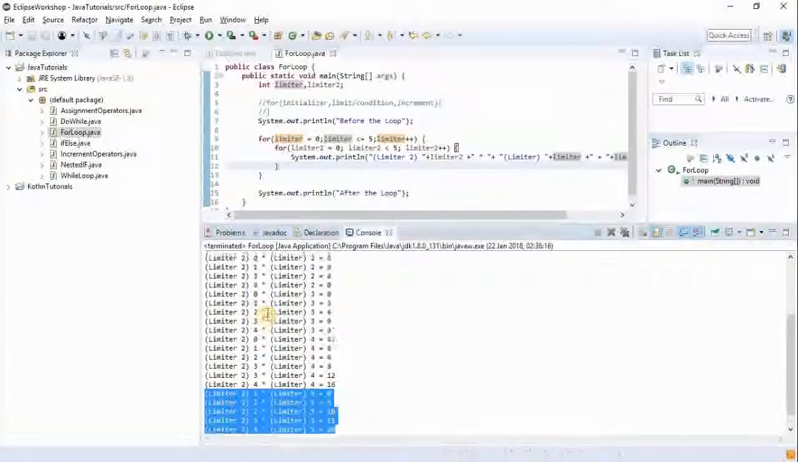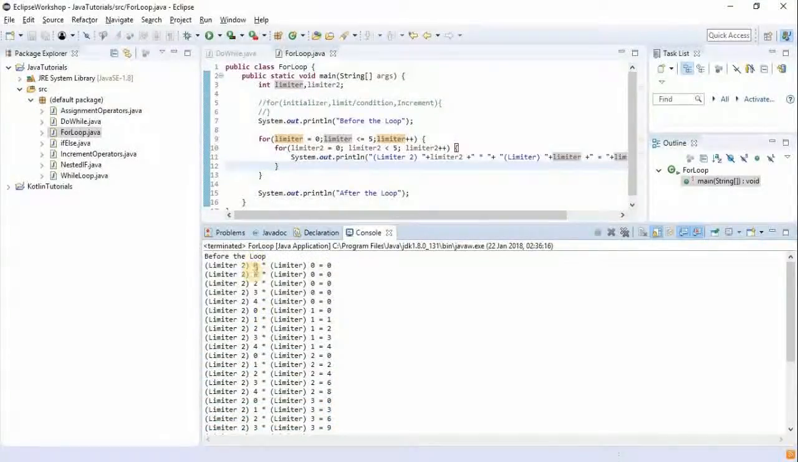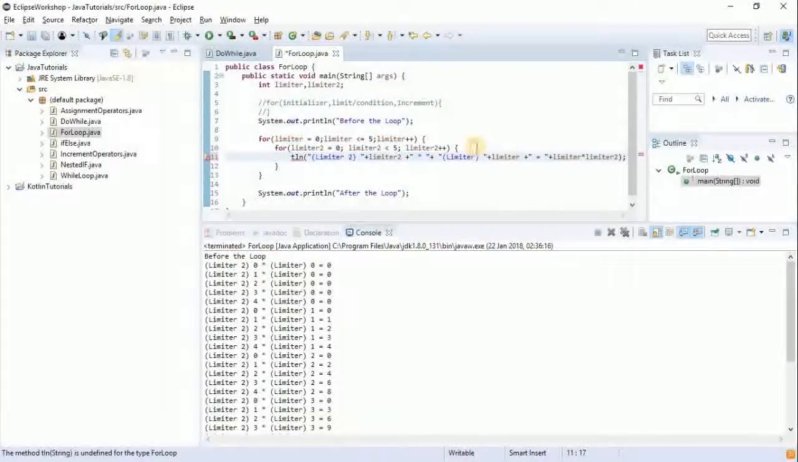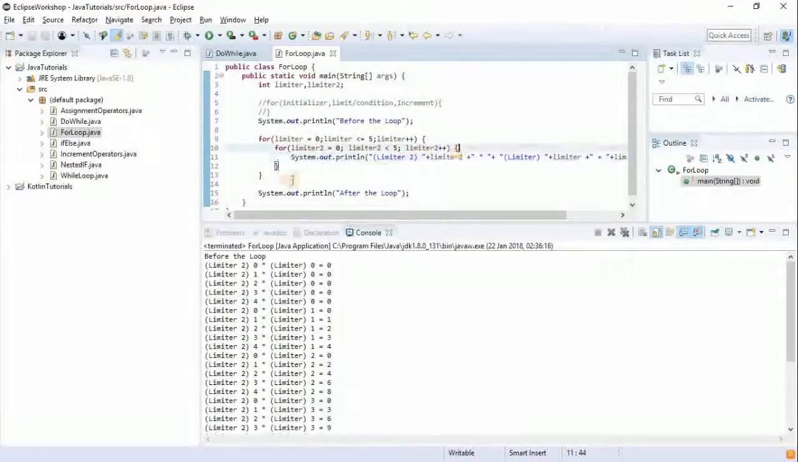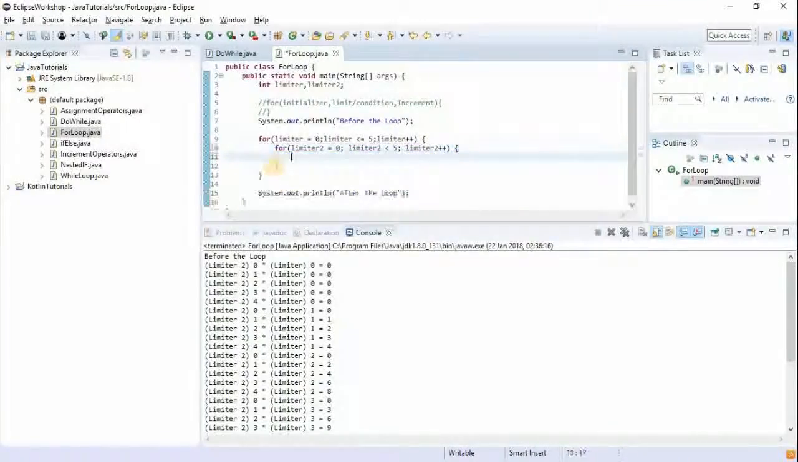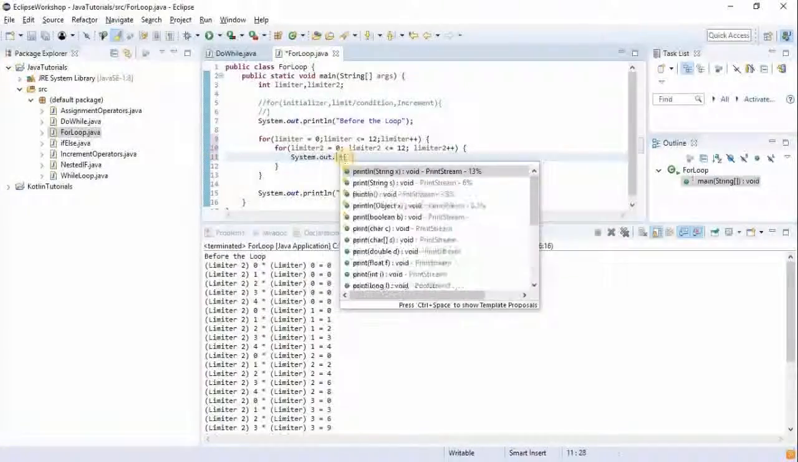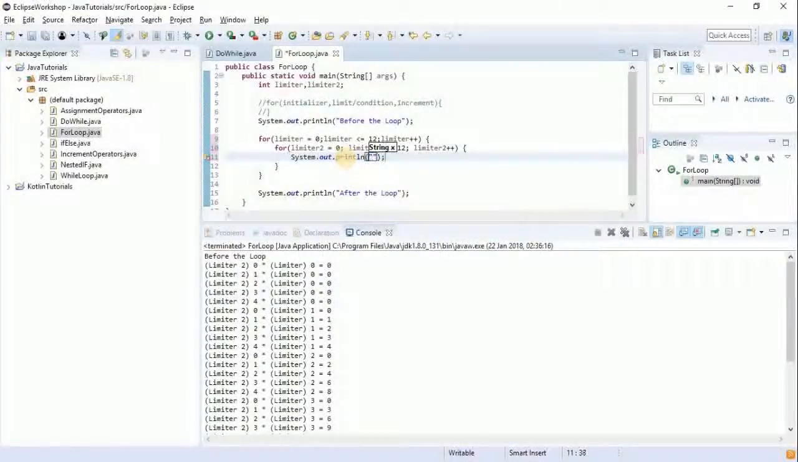So in other words, we can use this to come up with a simple multiplication table, from 0 till 12. And then how do we do that? If we are to do that, let's quickly make a simple multiplication table. This will be 12. So we'll say system.out.println now. Then we'll say limiter 2, string concatenation